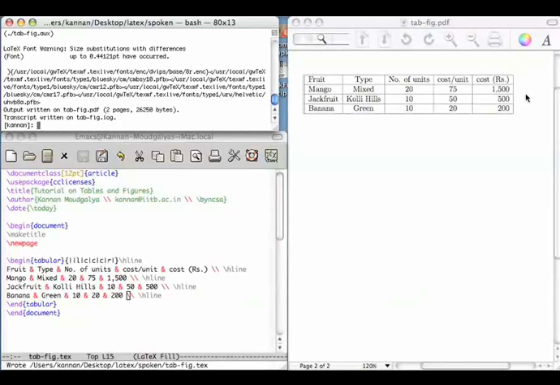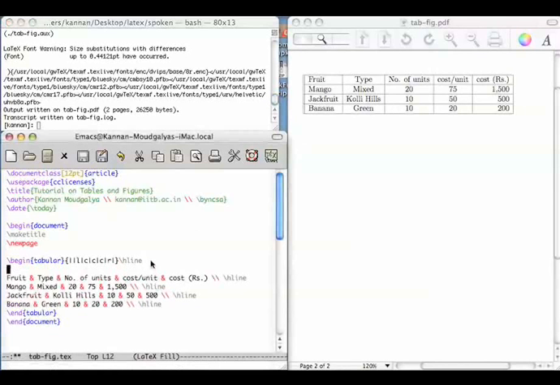Suppose that we want to split the columns in 2. For example, here these 2 columns have fruit details, these 3 have cost calculations. So this is done with the help of what is known as a multicolumn command. Let me do it as follows. Multicolumn, take 2, center aligned,